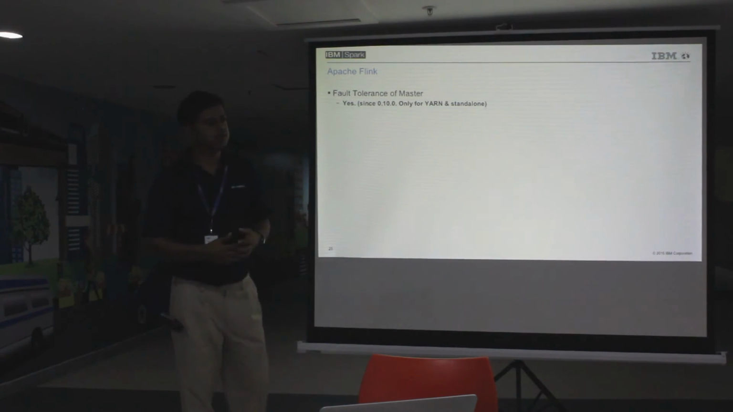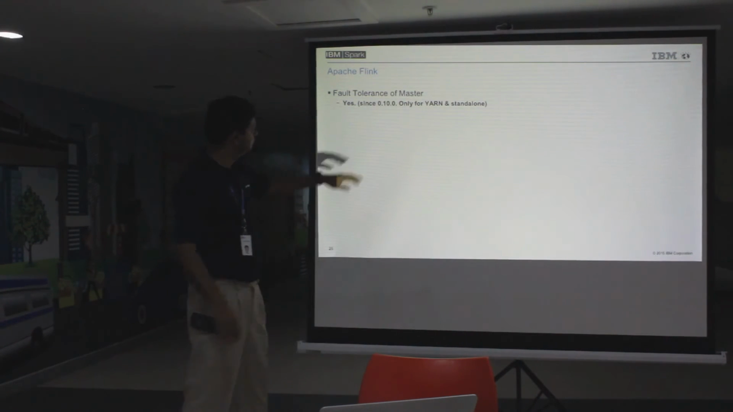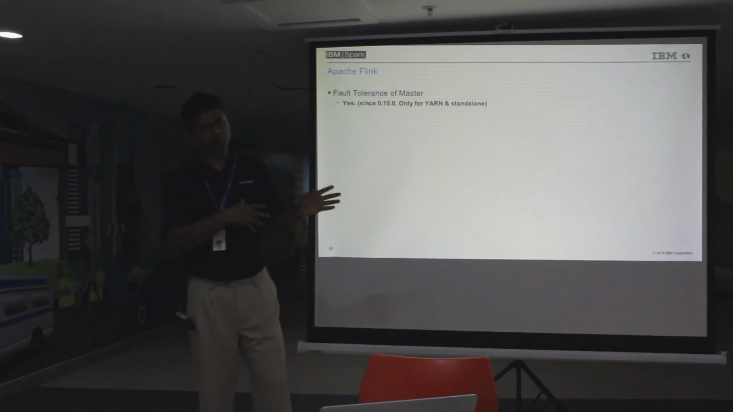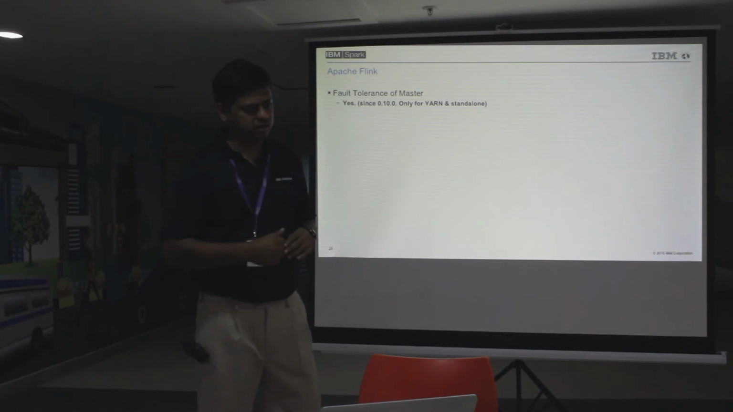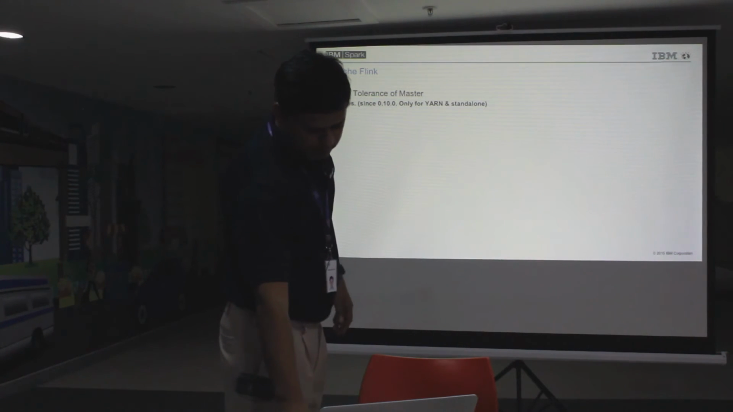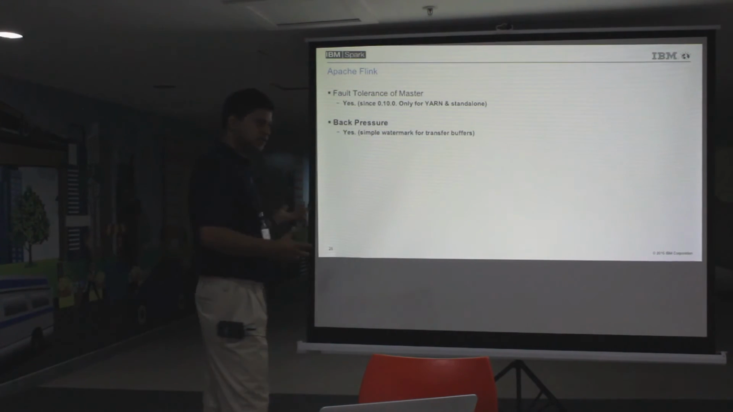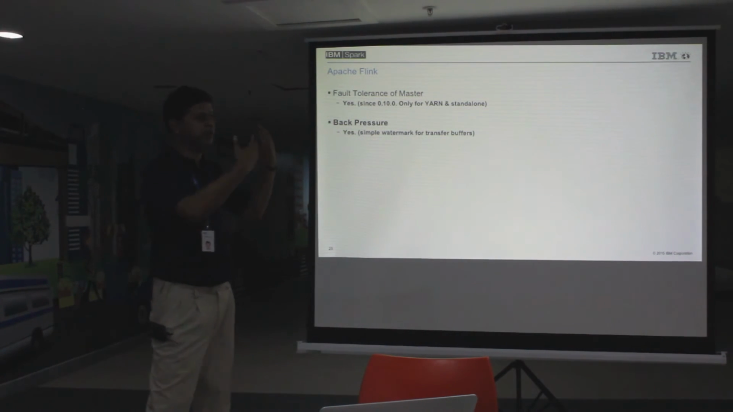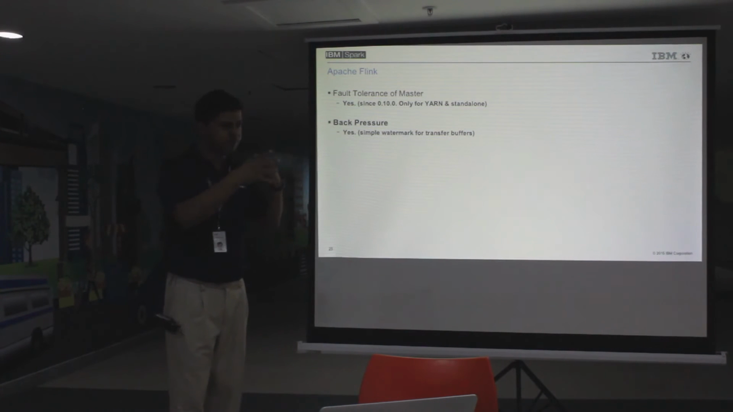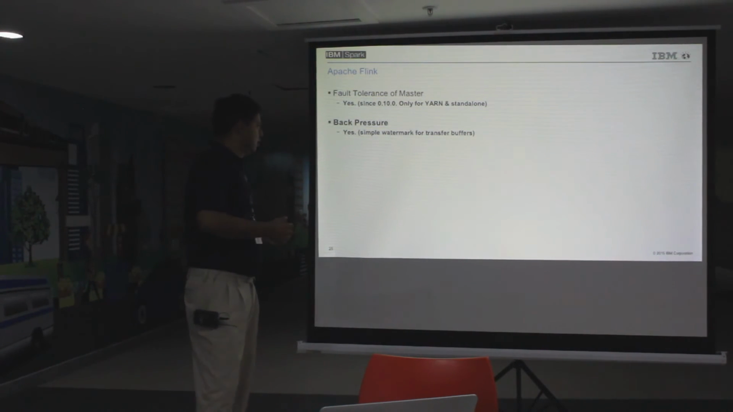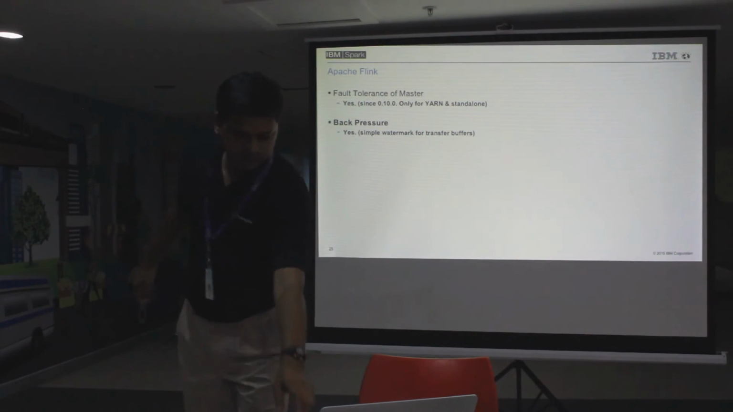Fault tolerance of the master in Flink, yes, it's there. In 0.10 only. Prior to 0.10, even their master was not fault tolerant. Back pressure, yes, Flink streaming system has back pressure. I talked in my original slide of there are multiple ways by which you implement back pressure. Flink's back pressure is that